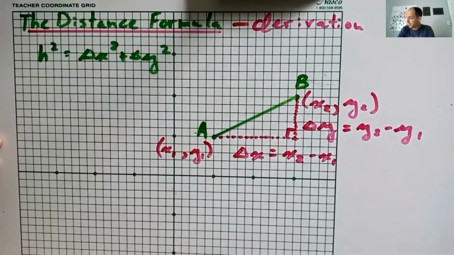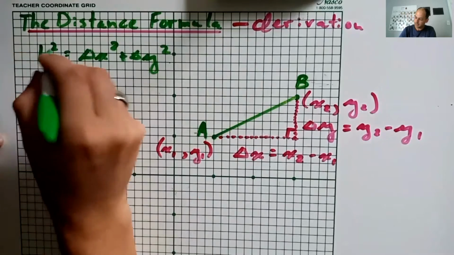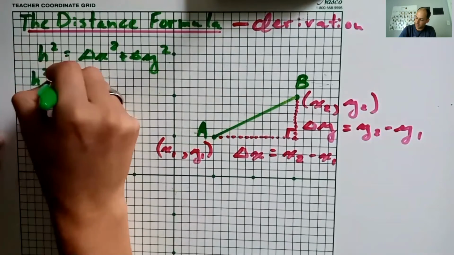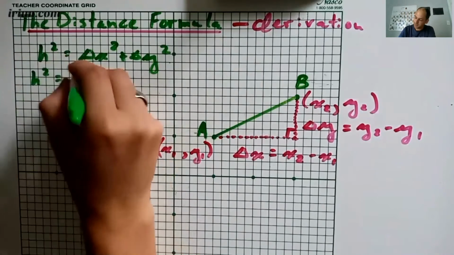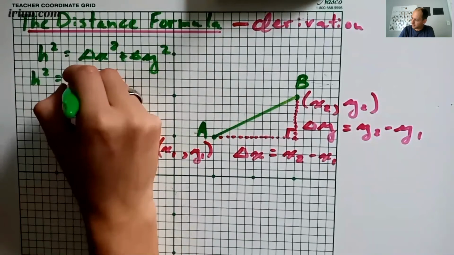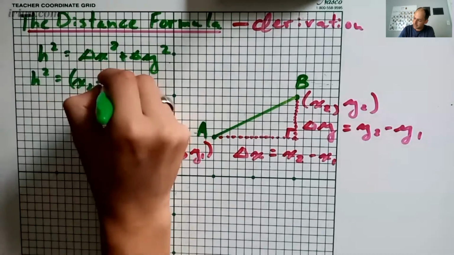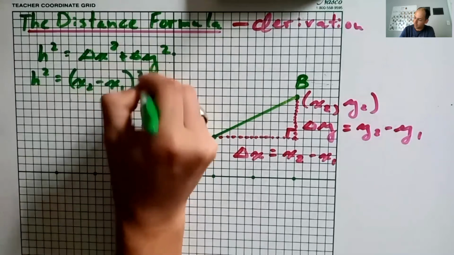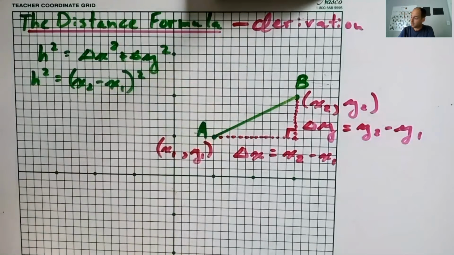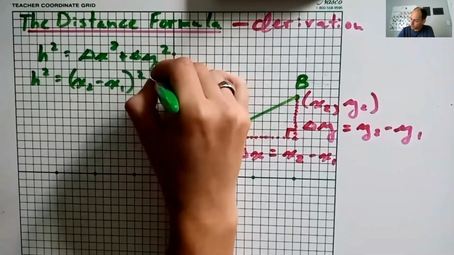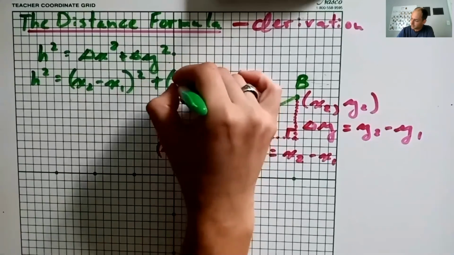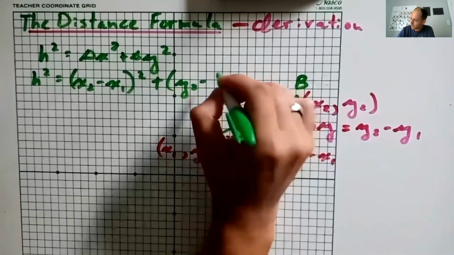Now, the change in x, of course, is x2 minus x1. And if we substitute that in brackets, it's x2 minus x1 all squared. The change in y all squared is y2 minus y1